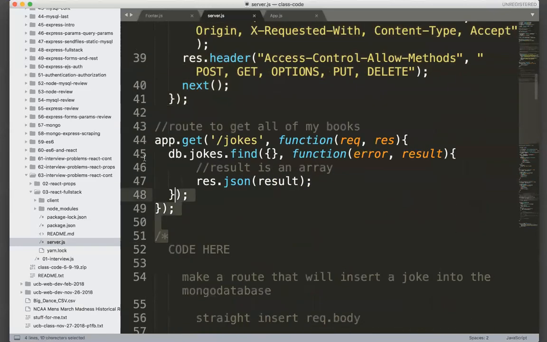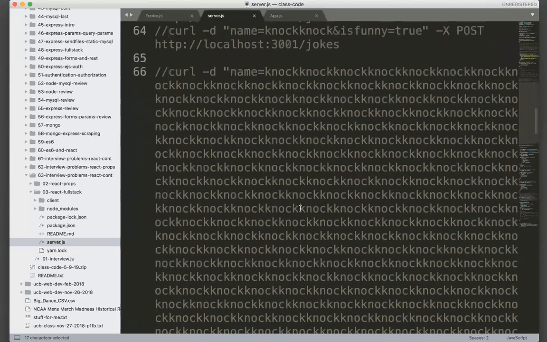Okay, so now we have this right here. What does this route do? Collection. And then what does it do on line 47? Good. Excellent. So when you go to /jokes, it goes to the jokes collection and returns them. Good. And then over here,